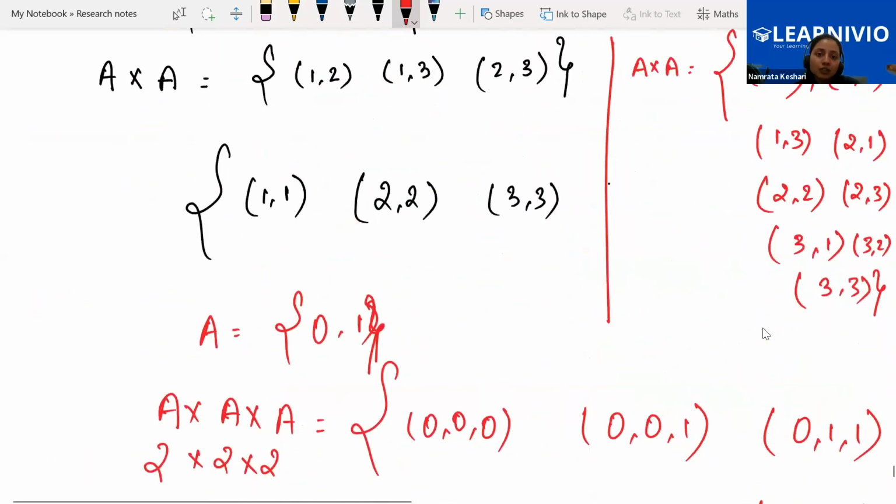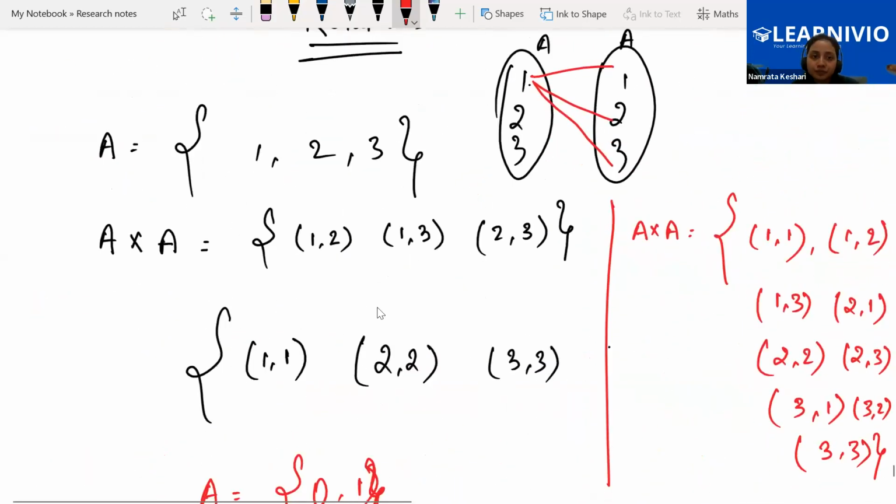Okay. Now the question was, what will be the Cartesian product of this? If the set A is there and 1, 2, 3, these three elements are there in our set, then the Cartesian product between A and A is this. Now we have discussed the concept of Cartesian product. Here we are discussing the concept of relation. Now relation means